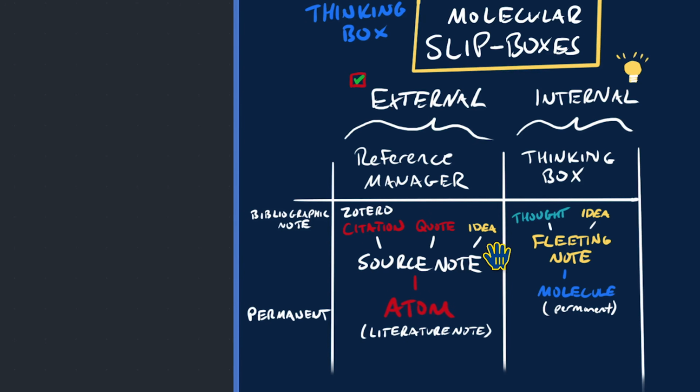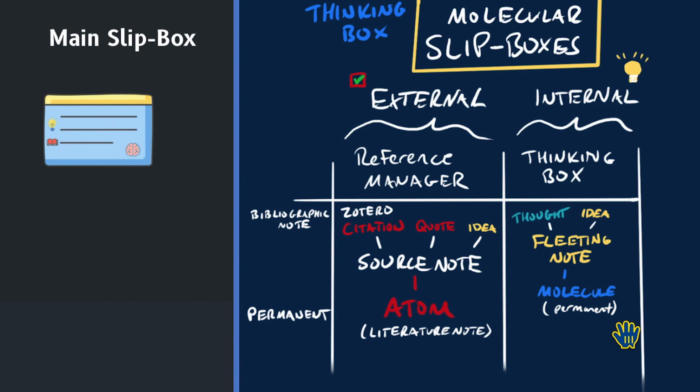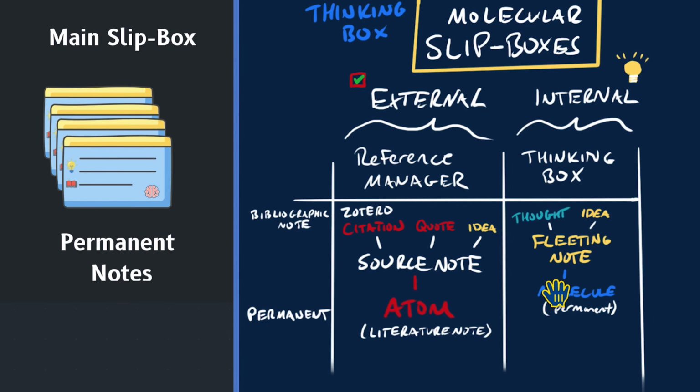Then we go through and we distill the information from those sources into atoms, into permanent notes. Then on the internal side, as we have ideas, we can add those to fleeting notes. As we have thoughts, we can begin to accumulate potential connections between atoms. As we go through and reread the atoms in our specific folder that contains all of the atoms, the external slipbox, we can piece them together with new ideas and insights to produce permanent notes in our own words. This would be a molecule.